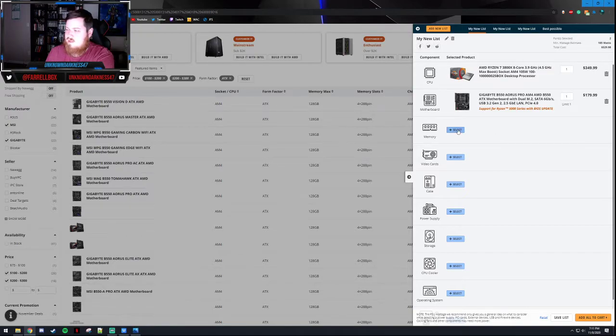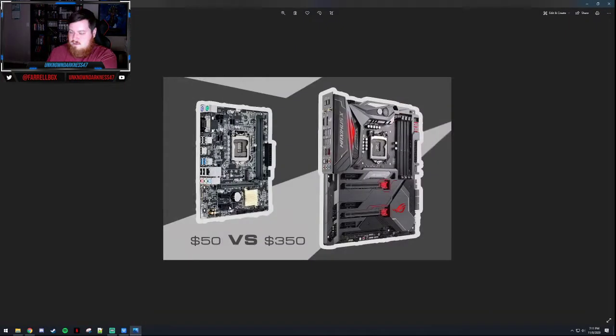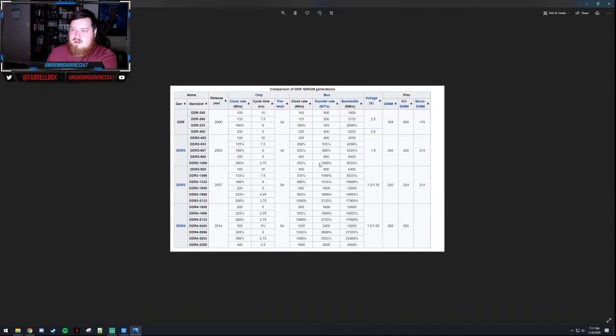Alright, next thing is your memory. And this is your RAM. This is not your hard drive or anything like that. So let's go to that. Alright, we're going to get super technical here. RAM stands for Random Access Memory. DDR4 is the newest technology, and DDR5 is supposed to come out by like 2022, but they've been saying that for a while now, so I wouldn't think that's right around the corner,